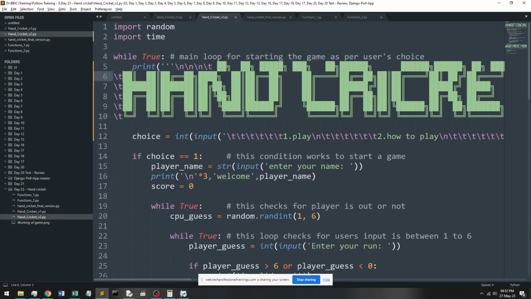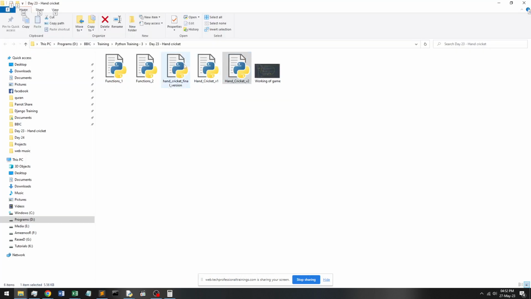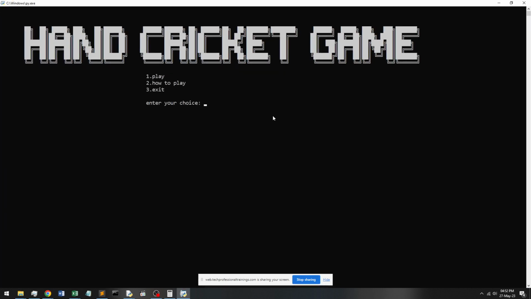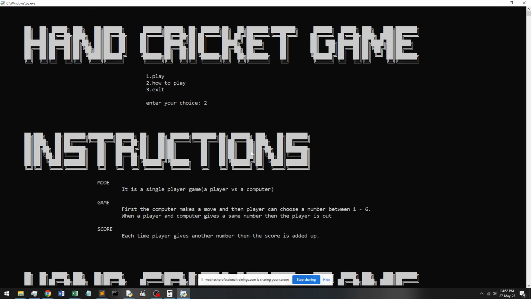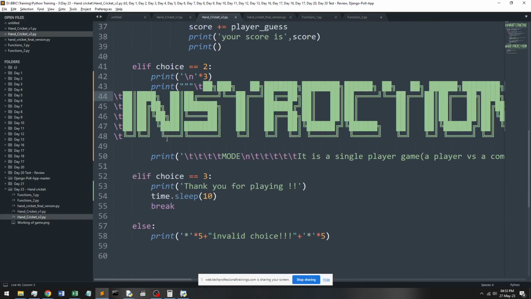Okay, one place. Okay, save this. Similarly, we have got the hand cricket game and it's working well. And instructions, it is working on the left hand side. If you want to add more tab spaces,